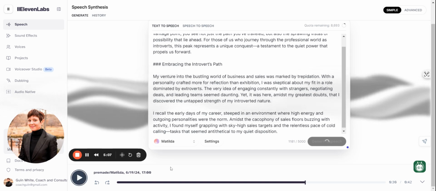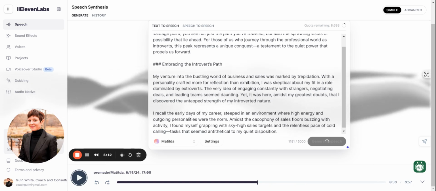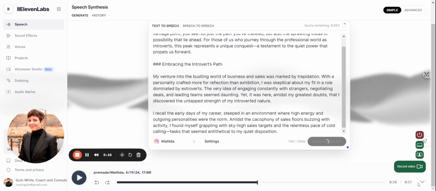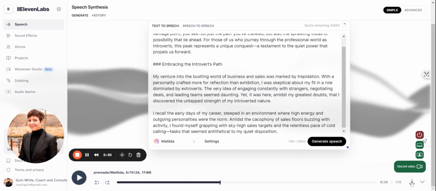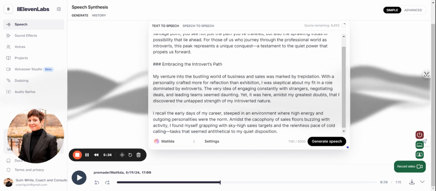So that gives you an idea about what this is like. Pretty cool, huh? So again, you can take what's recorded. There's a way to download it here over on the right-hand side. So if you actually need something recorded